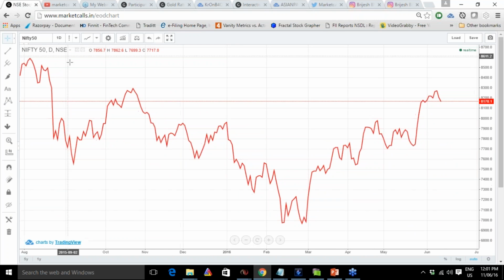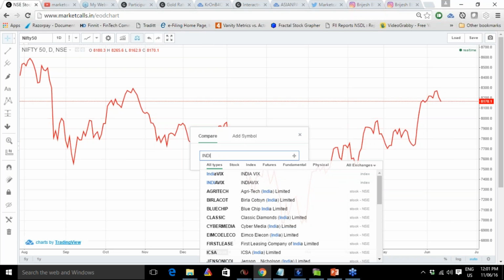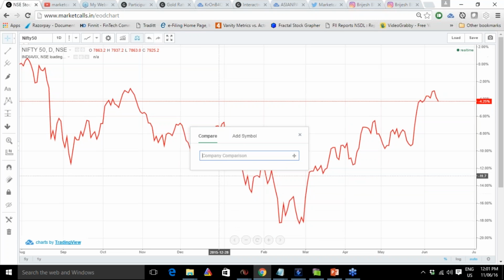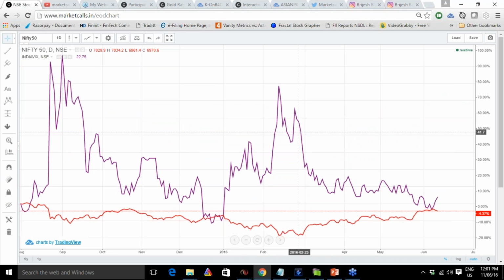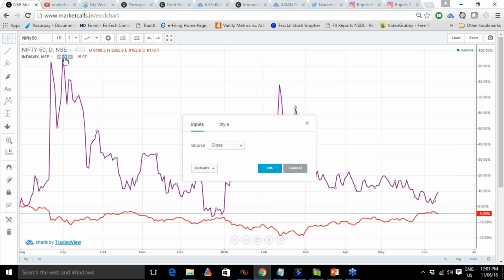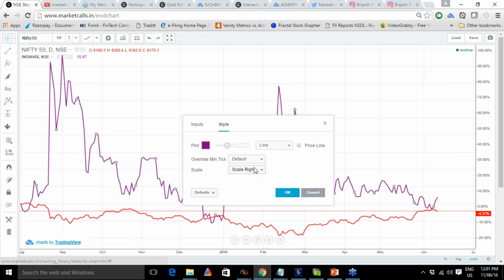But there is one more way to study. Let's say I want to study INFI with India VIX, right? Let me plot and compare India VIX. Okay, so I can compare Nifty INFI with India VIX. But this chart is not visible. So what I can do now, I can go to